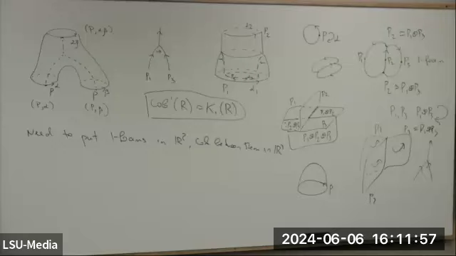And you have an inclusion of GL_n(R) into GL_{n+1}(R). So you get bigger and bigger groups, and this inclusion sends A to A with a one in the corner and zeros. So you can take the direct limit, denoted by GL(R),